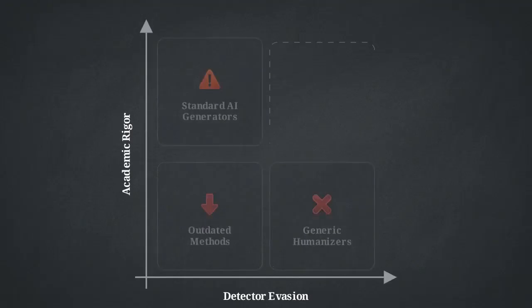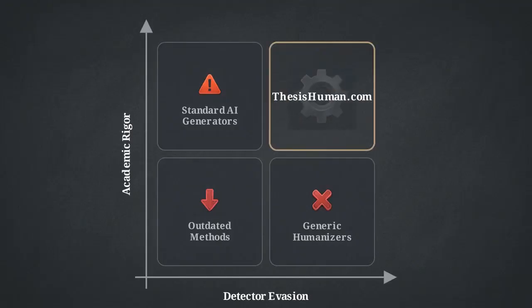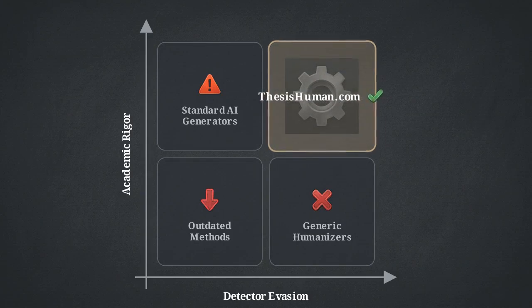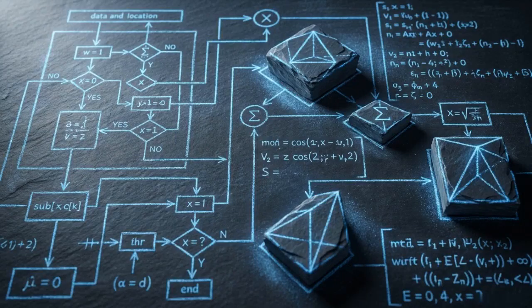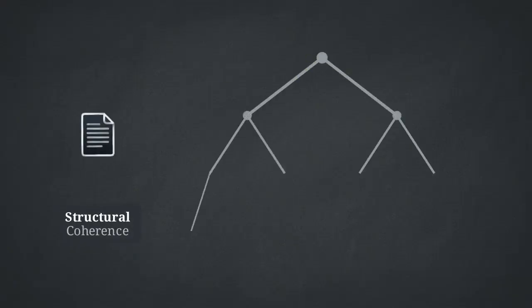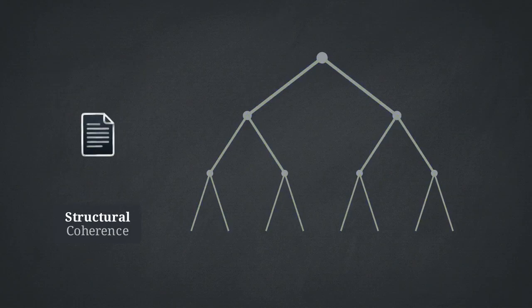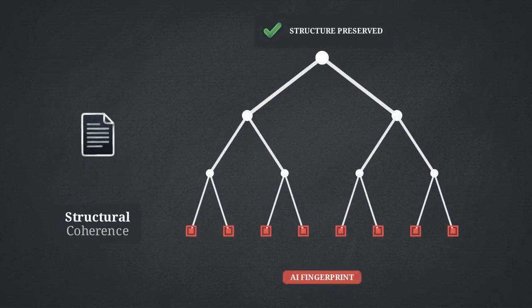This brings us to ThesisHuman.com. It is a specialized, engineered solution designed exclusively to occupy that empty top right quadrant of the matrix. ThesisHuman's underlying architecture avoids the lexical simplification used by marketing tools. It uses a process of structural coherence, analyzing the syntactic patterns of academic prose to maintain sentence complexity while shifting